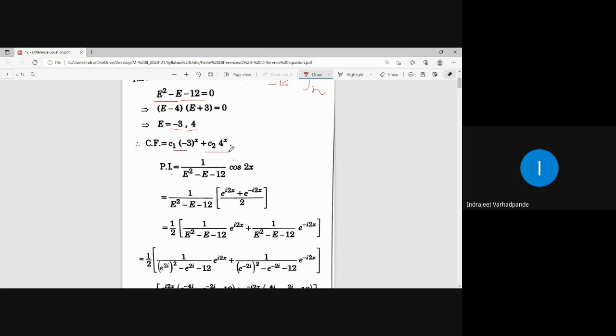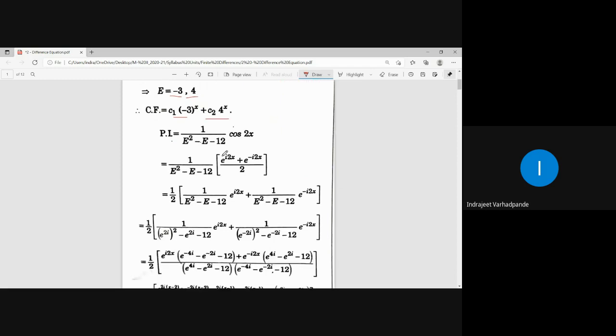In place of n it is x, still it is permissible because you can have the difference equation in any of the notation because it is just the symbolic form, right? So the difference equation can be understood as expressed in a different symbol or notation. For PI, it is 1 upon phi of E to be operated on the RHS of the given difference equation. The RHS of the given difference equation is cos 2x. I can compare it with cos kn.